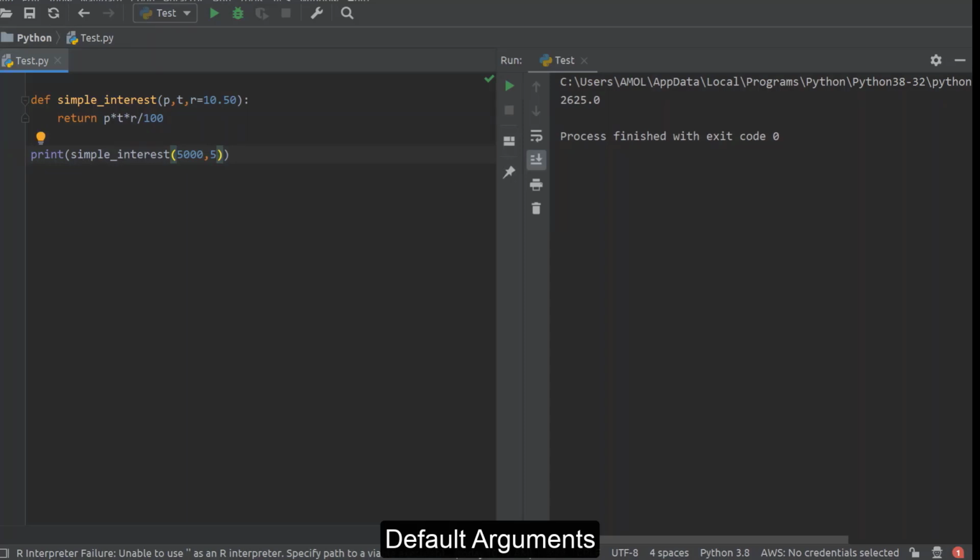But if you have some different value of rate of interest, you can pass it. Means if you are passing a value for the default argument, then it will work with whatever value we send over there. But if you don't send a value for the default argument, then it will go with whatever value we suggested at the time of definition. Here we can provide a default value for P also, and even for T. In that case we can call this function without passing any argument, so that will work. So this is known as default argument.